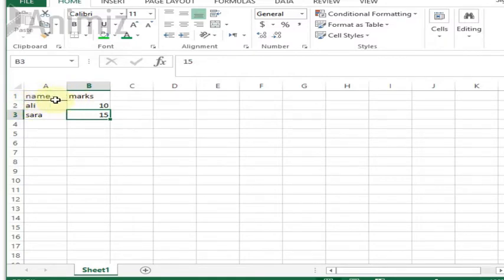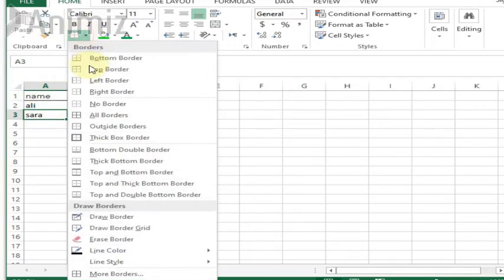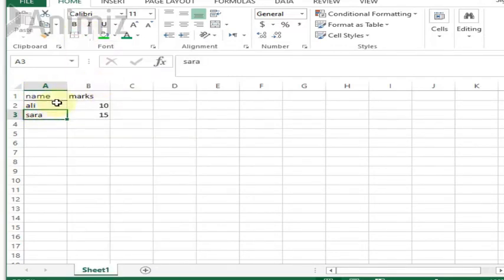As you can see, there's a line drawn. And if I say top border, then there's a top border drawn as well. If I say right border, then there's a right border drawn. If I say all borders, now you can see that all borders are drawn. So you can choose different types of borders that you want to draw.